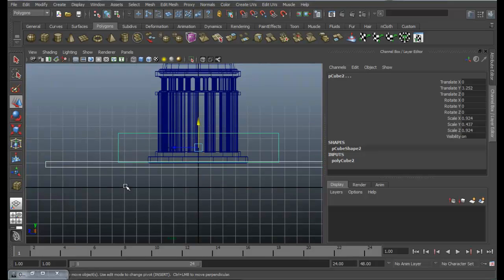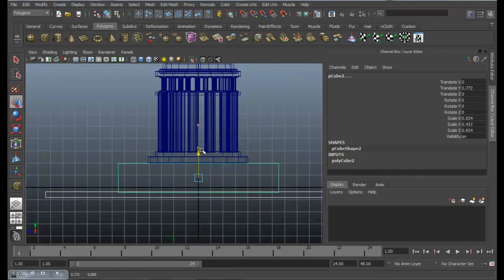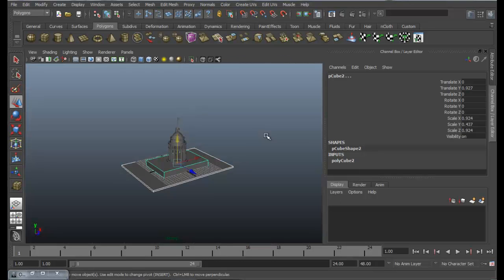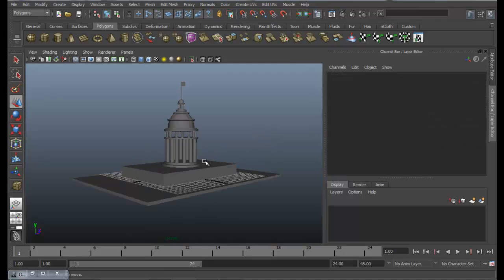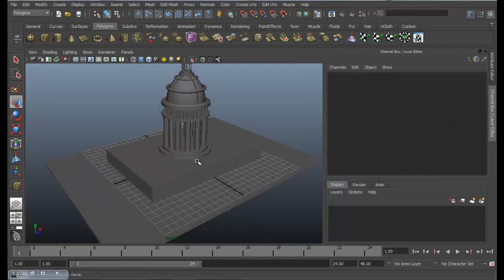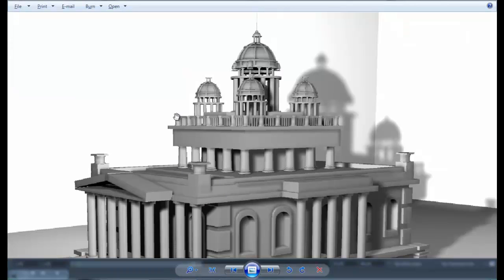Oops, sorry. Take these two boxes and move them down. Now this bar we're going to create now. That's just going to be duplicating of different objects.